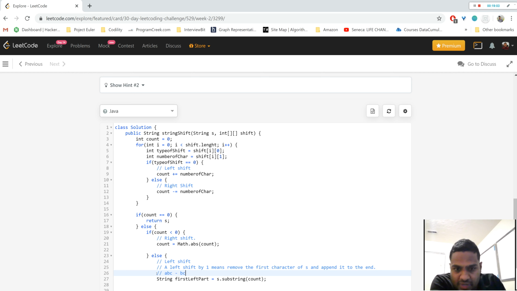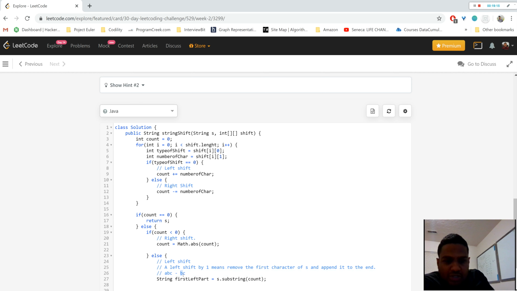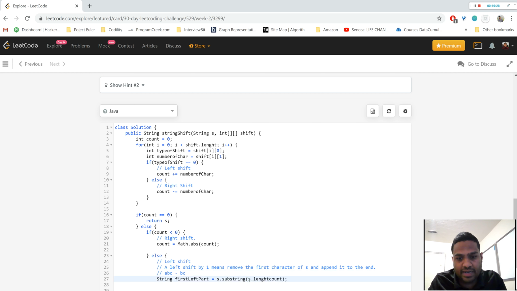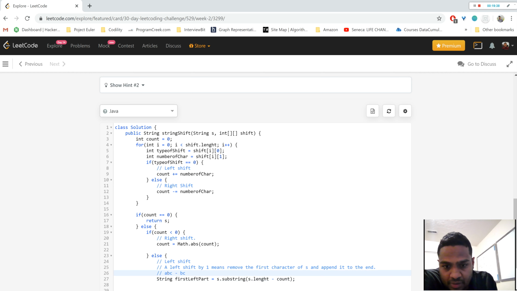So what we've got to do is, left shift means remove the first character. How can we remove the first characters? We know the count is 2. When the count is 2 and we are going to remove, so let's see. So string dot length minus count is going to give us, say for example, if the count is 1, and we know the length,